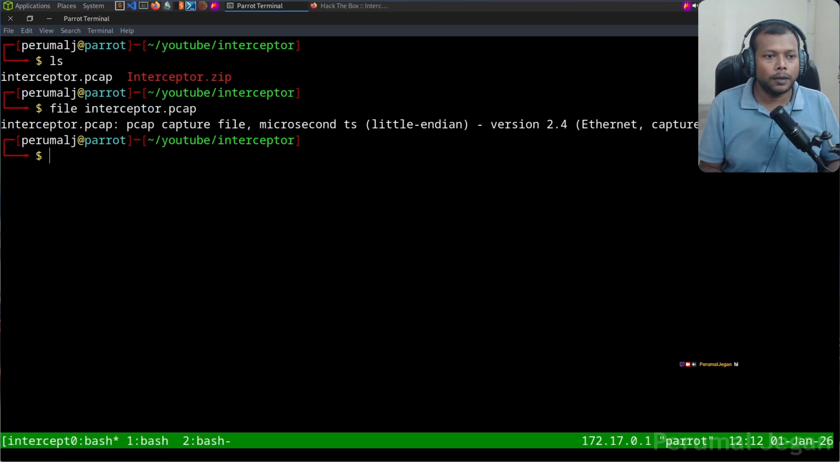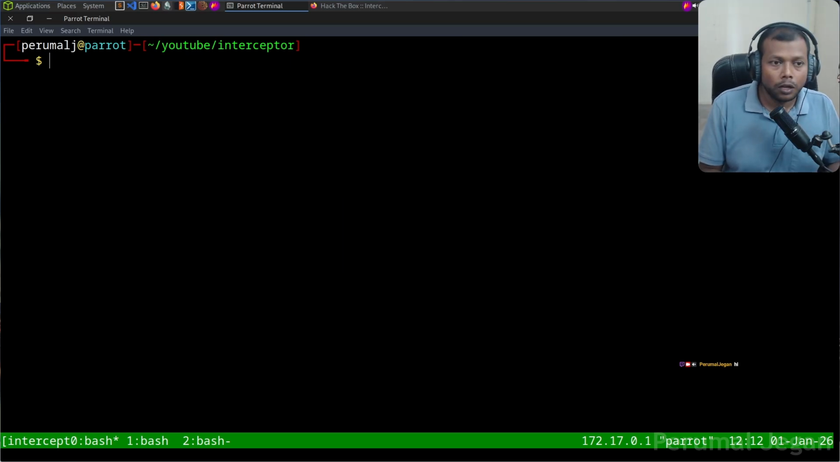So let me see the pcap file now. It says packet capture file, microsecond TS, little endian, version 2.4, Ethernet capture, and 65535. All right. Okay, I guess this 65535 denotes the number of ports. All right. Anyway,